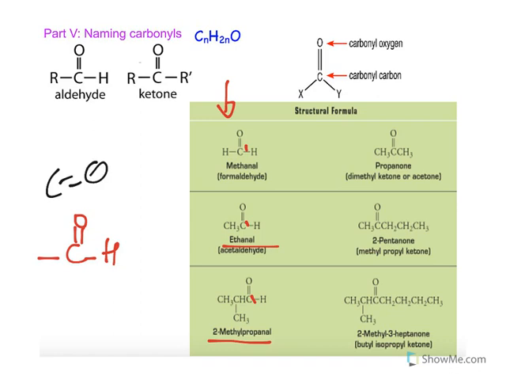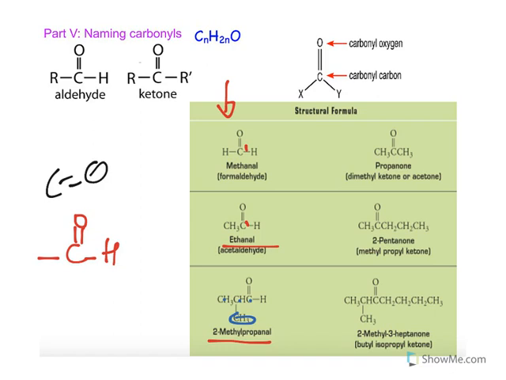So for example, in this example, it's a main chain of 2 carbons, which is eth, and since the functional group is C=O with H, it's an aldehyde, so it's ethanal. I don't have to say number 1 again. In the next example over here, I have a 3 carbon parent chain. I have 1, 2, I have a substitution of 2-methyl